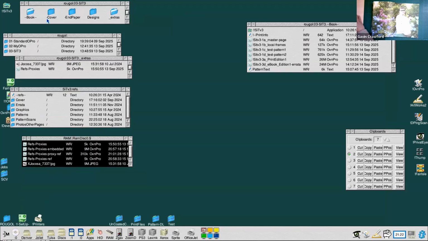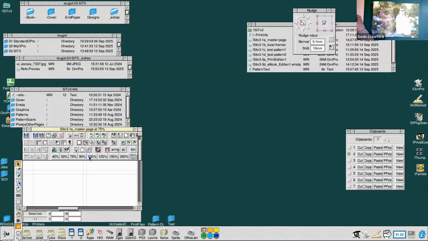Okay, which one am I going to demonstrate? Yeah, let's do that on the master page one. Okay, because that's not got any pictures on. So